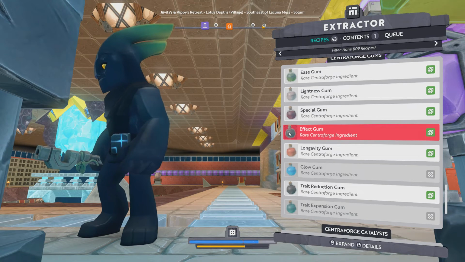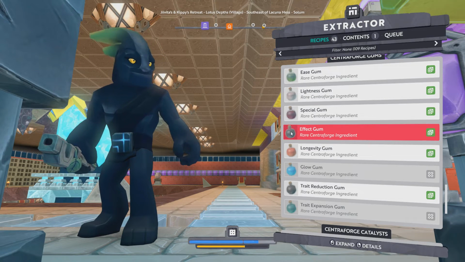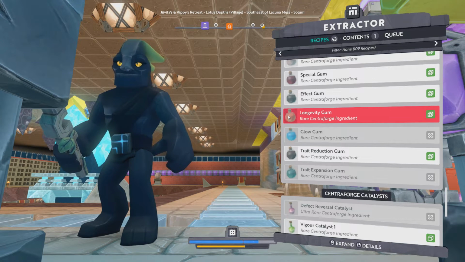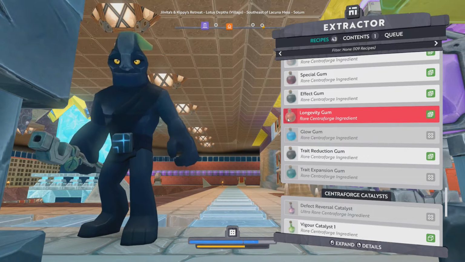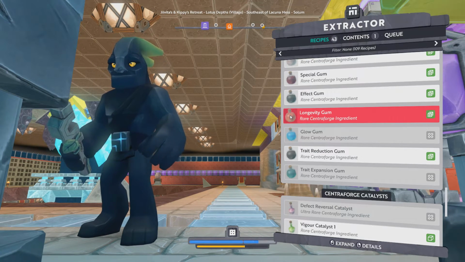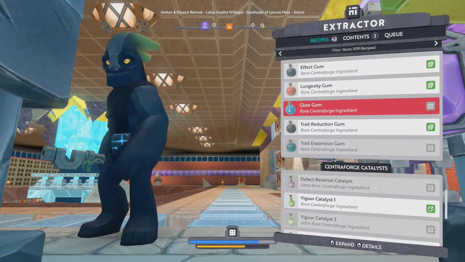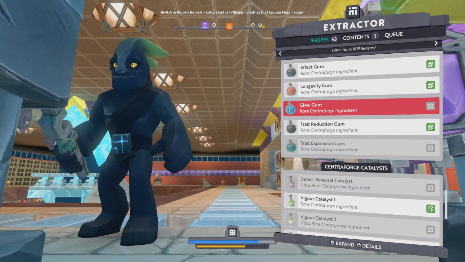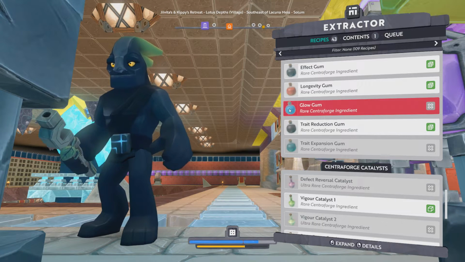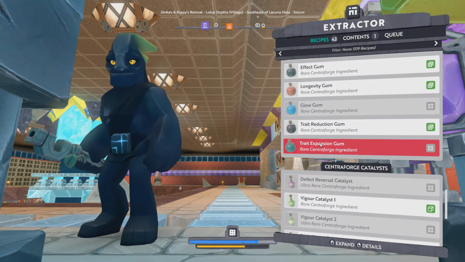It's good to note that the effect category does not cover things like critical strike chance, but will cover the critical strike damage. The longevity category has to do with making things last longer, so most obvious would be durability, but this also covers things like increased range for grapples and the like. And finally, the glow gum has to do with, well, glowing effects, such as making a piece of equipment act as a light source. So that covers the major categories, but you might notice that there is a reduction and